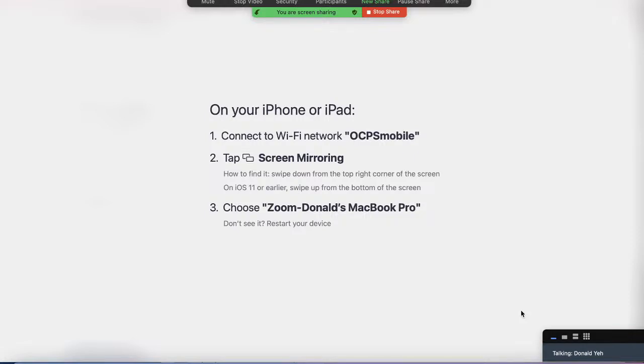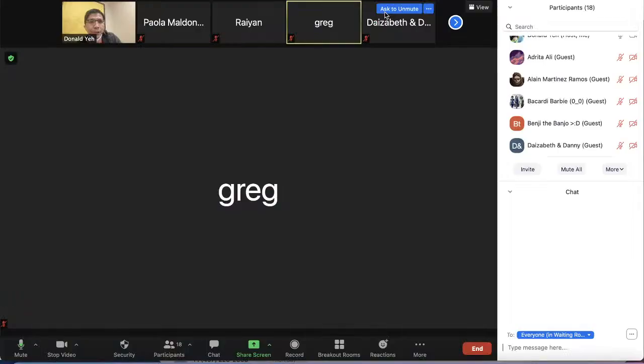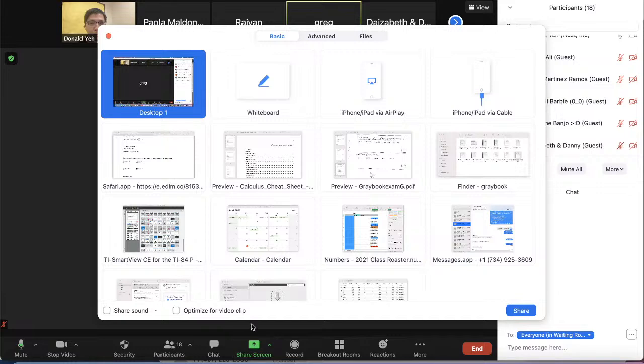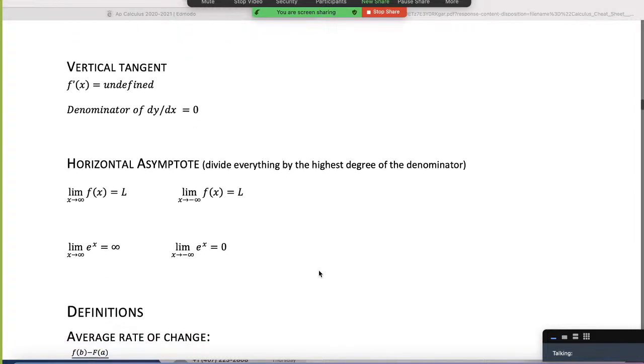Oh, why? Okay, obviously I cannot do that. I don't know why. Why am I to share to Zoom? Okay, now I'm going to do that. So never mind. I have to share through there. Let me share through the screen. Scream. Okay, so